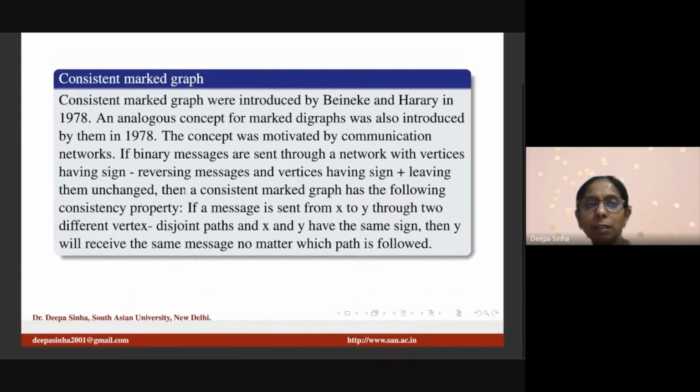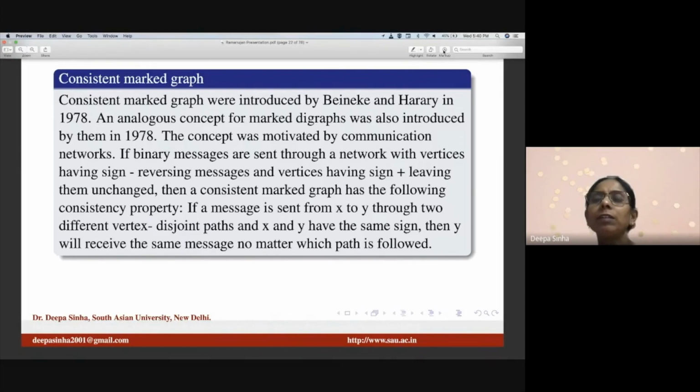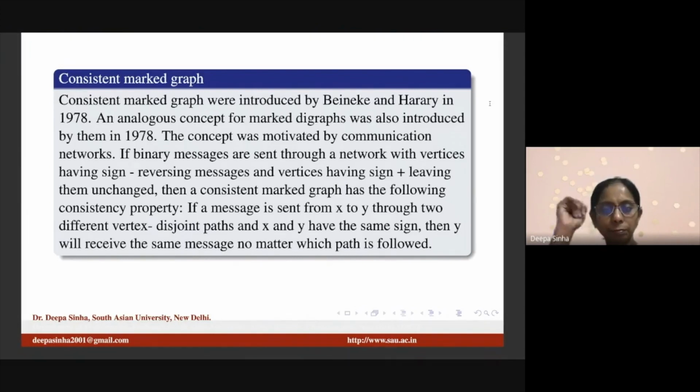So, consistent marked graph. A consistent marked graph was introduced by Beineke and Harary in 1978. So this concept was also developed for the digraph in 1978. The concept was motivated by the network. If binary messages are sent through the network with vertices having minus sign, okay, if a message has to be transferred, so if it is through a chain of people,